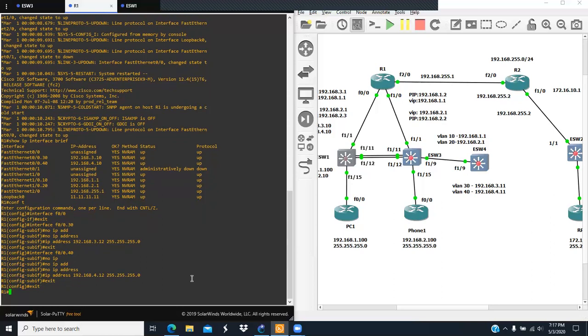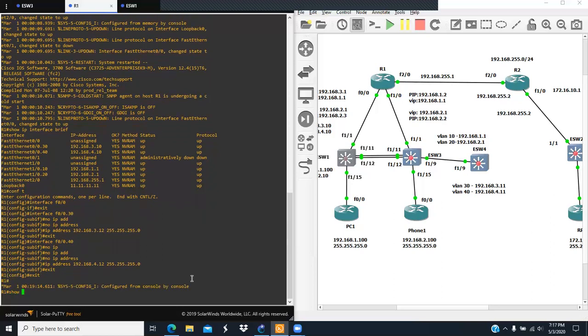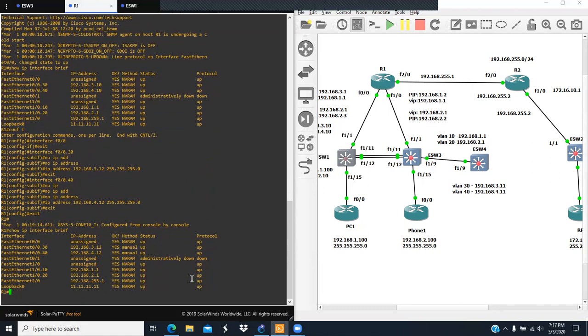Just verify again. Show IP interface brief. Just make sure, do we have a 12? Okay. Just ping quick in here: ping 3.10 and also ping 3.11. Just make sure we have a